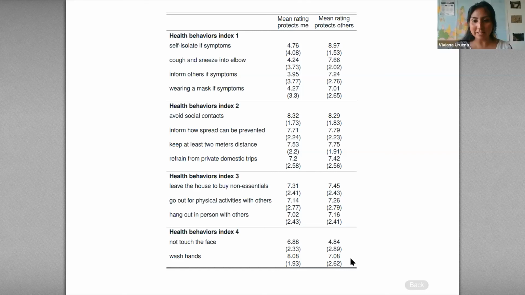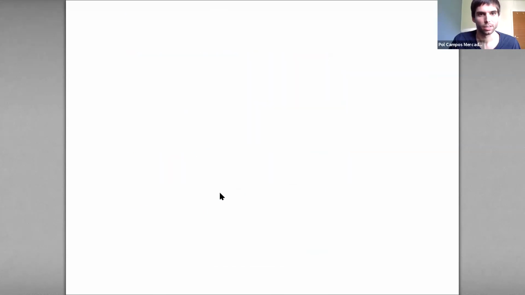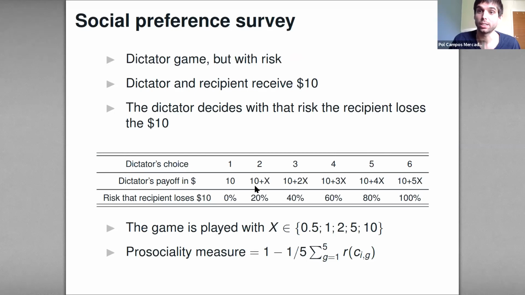Okay, and the second question I had is just a clarification. When you did this dictator game and then you changed the amount, so this X, was it as a strategy method, or it was just each participant with a different one? No, exactly. So let's see if I can go back. Yeah. So it was not the strategy method. They had 6 choices, and they faced 5 times. So they played the game 5 times with different coefficients within different parameters. So you start with playing the game with 0.5, and then you choose how much risk you put in the other. You then play the game with 1, and then you decide how much risk you put in the other. Then you play